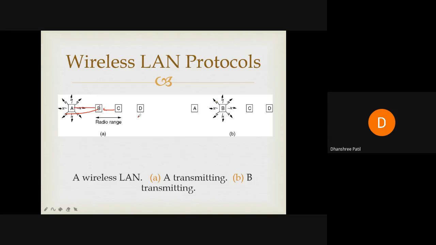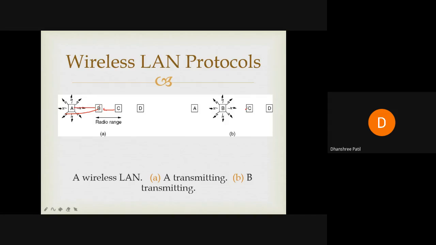Now for example, in the same setup there are 4 stations. Now suppose B is transmitting the data to A. Okay, B is transmitting the data to A. Now again C will check the medium. C काय करेल, medium check करेल. Now suppose C understood that yes, B is busy with some other station. The reason is that B is near to C,